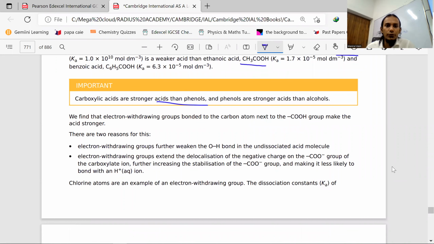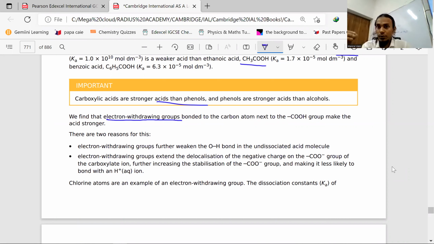We find that electron withdrawing groups bonded to the carbon atom next to the carboxylic group make the acid stronger. There are two reasons. Look, which are the electron withdrawing groups? The more electronegative ones, oxygen, chlorine; if they are attached in some way, then these are electron withdrawing groups. Which are the electron releasing groups? Alkyl groups, yes, amine groups,